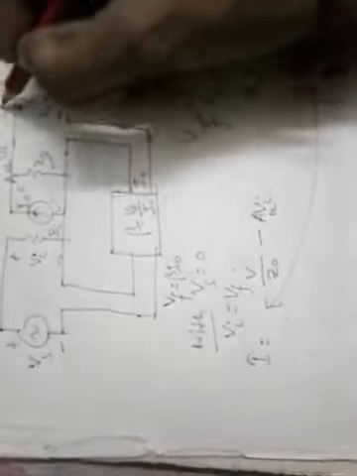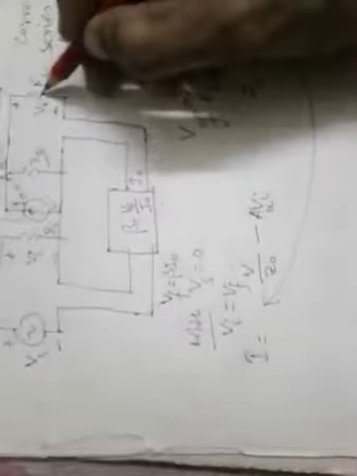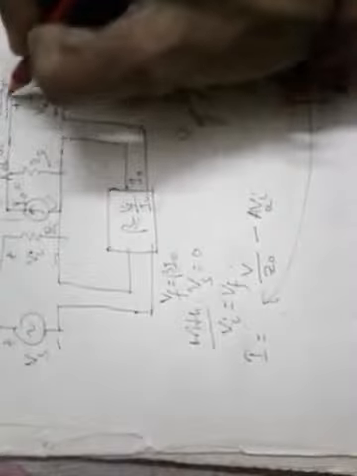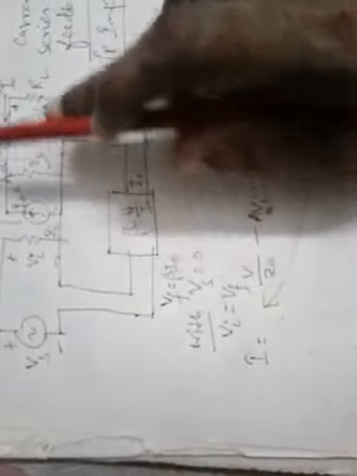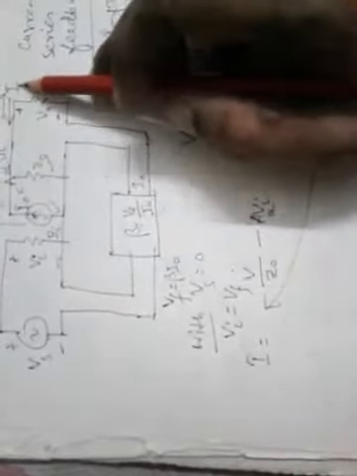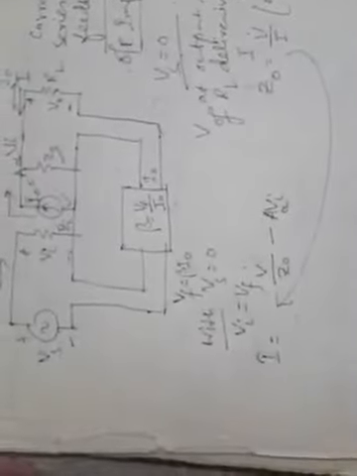Now why, what is the meaning of this negative sign? Because this IO is actually coming out of this branch, but when we are connecting V instead of RL, the current I that is being flown from this means right to left, that means from this position into this area, but IO is flowing from this position into this area. So IO is flowing from input to output, but I is flowing from output to input. That means this IO and I are oppositely directed.